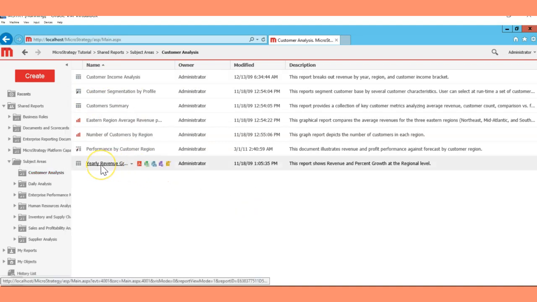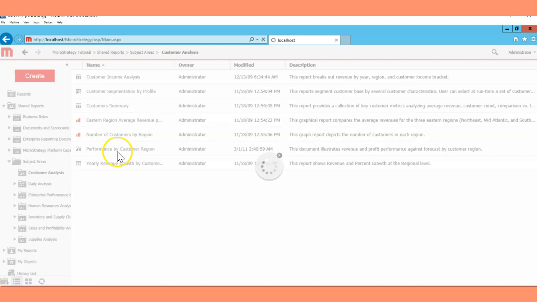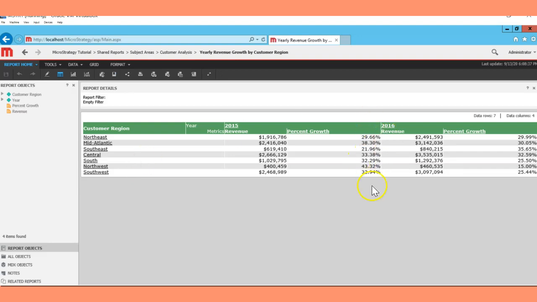So I'm just going to use this, and let's execute it to run. It's going to execute, and you will see the outcome of this report in a moment. Okay, perfect.